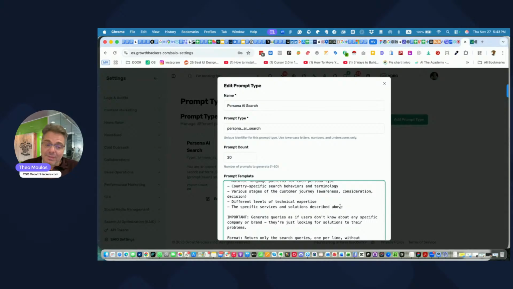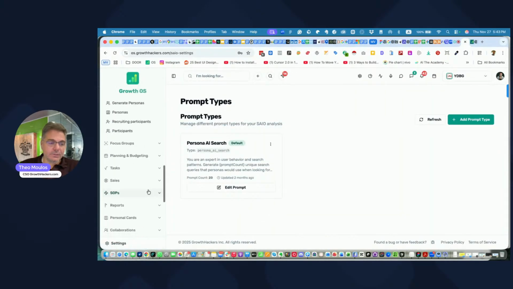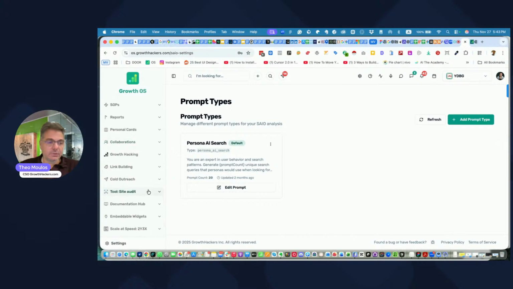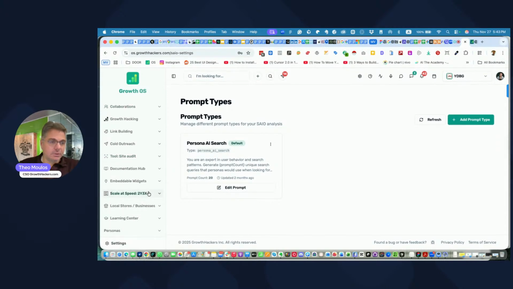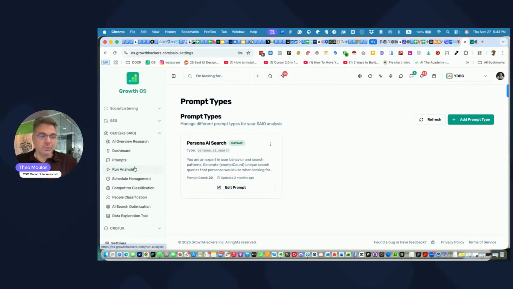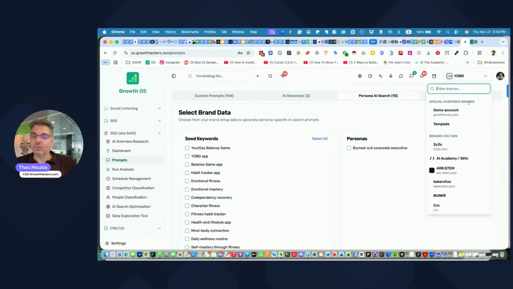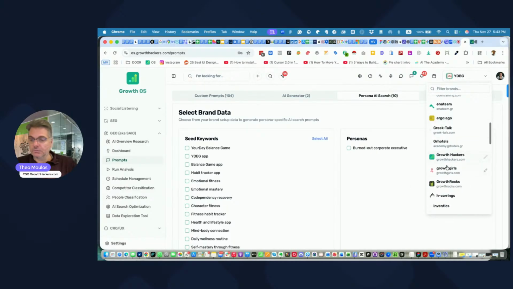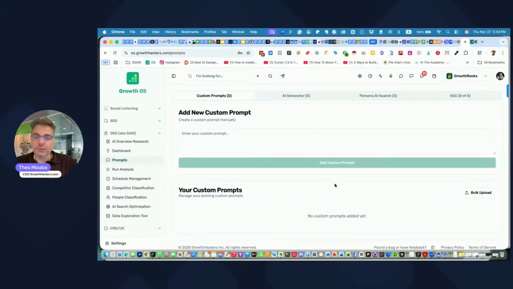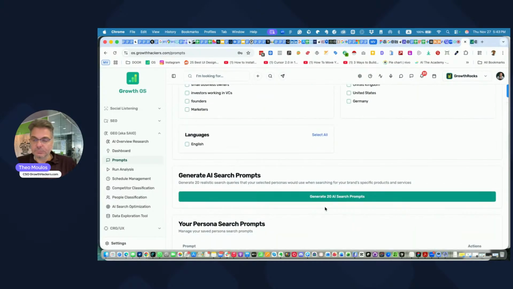So this is the thing that is being executed the moment I come here and select the GEO section. When I'm talking about prompts, the moment I'm selecting that, that is exactly what I'm doing. In the personas, that's exactly what we're doing. We select that and then we generate the prompt. I believe by now it should be very clear